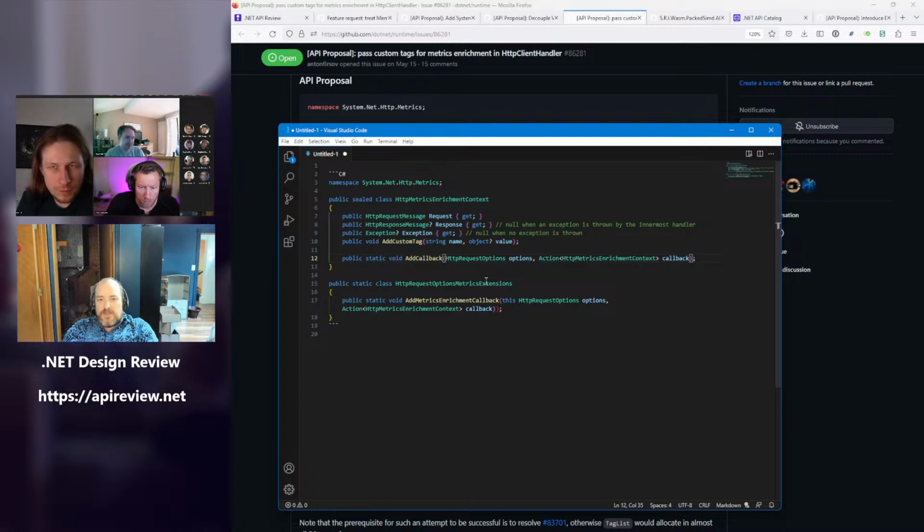Yeah, like if you think it would be completely fine for somebody to call HTTP request options metrics dot add metrics enrichment callback options comma callback, then yeah. Seems fine to me. I don't know if anyone else has thoughts.